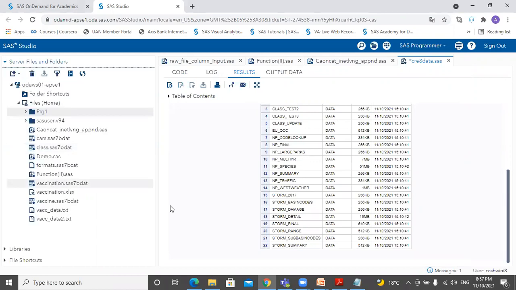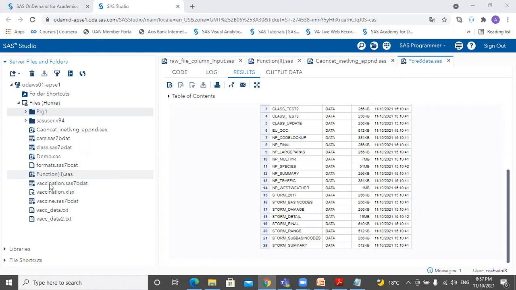Here, if you see, this is a class data set with .sas7bdat extension. This extension tells that it's a SAS data set, whereas a .sas file with this icon of a running man indicates it's a SAS code file, right, Pragati? I hope you recollect. Yes.